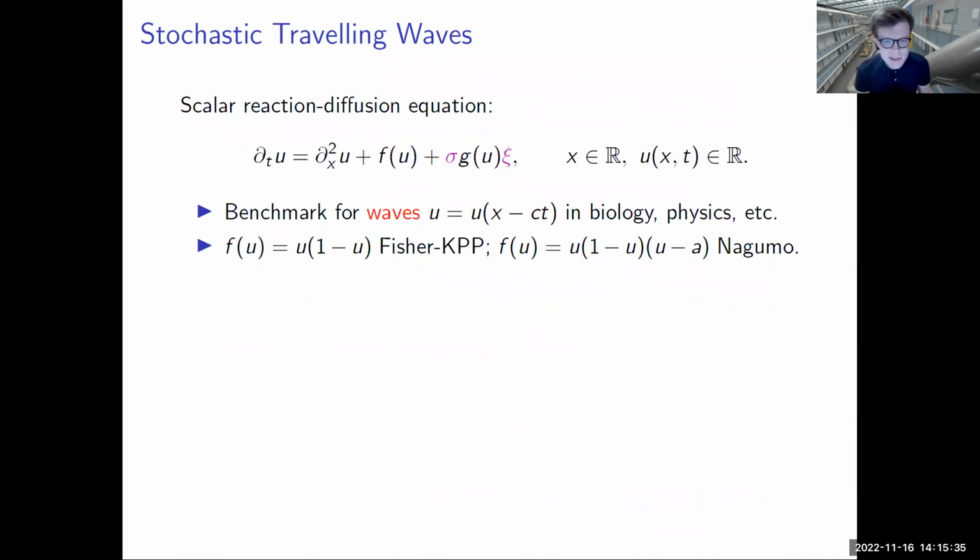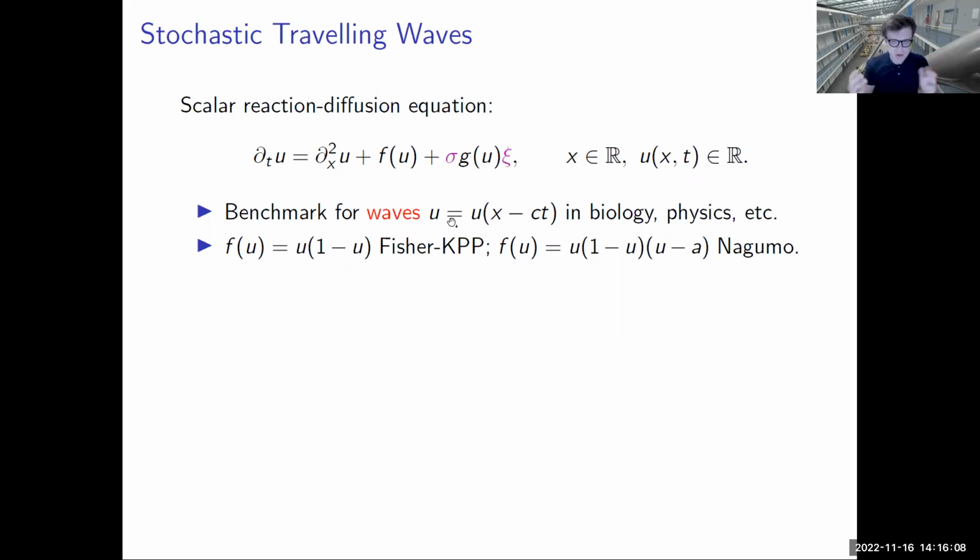So now let's look a little bit at the dynamics, because that's what we are really interested in. We are interested in how these equations behave. I mean, solution theory is all good and fine, but from a biological viewpoint, at least, we should look at the actual dynamics of these equations. And as you all well know, one of the main things that are important for the deterministic case, when sigma is equal to 0, for these scalar or simple reaction diffusion equations when there's an unbounded domain, are waves. Yeah, so traveling waves. So what is a wave?